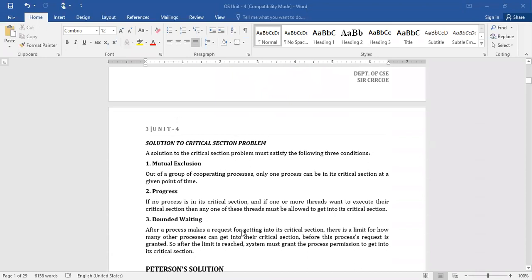Second one is progress. If no process is in its critical section, and if one or more threads want to execute their critical section, then any one of these threads must be allowed to get into its critical section. That means the critical section